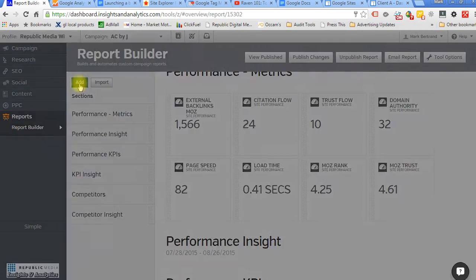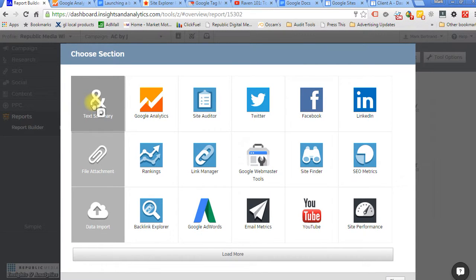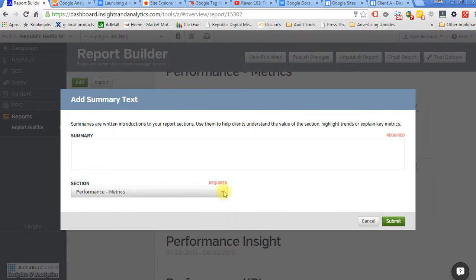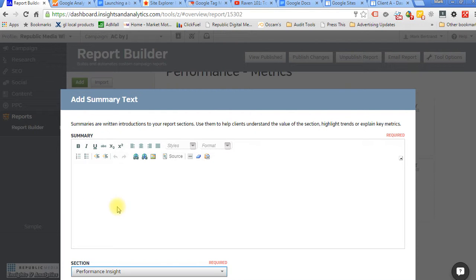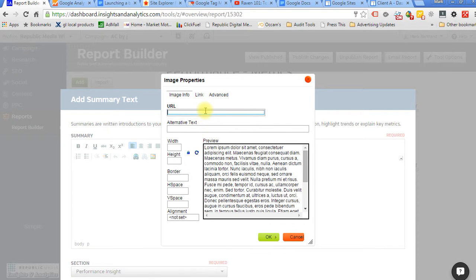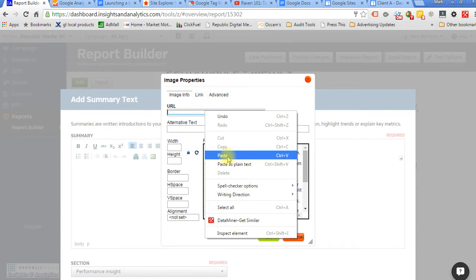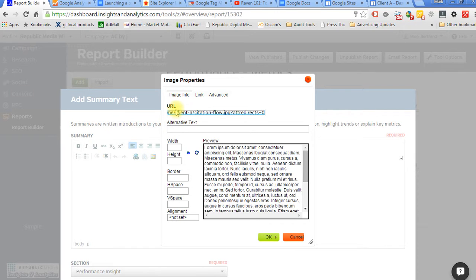So let's add the text summary. We're going to add it to that performance insight. And it's an image, so we're going to click the image icon here. We'll paste that copied link into the URL. And now